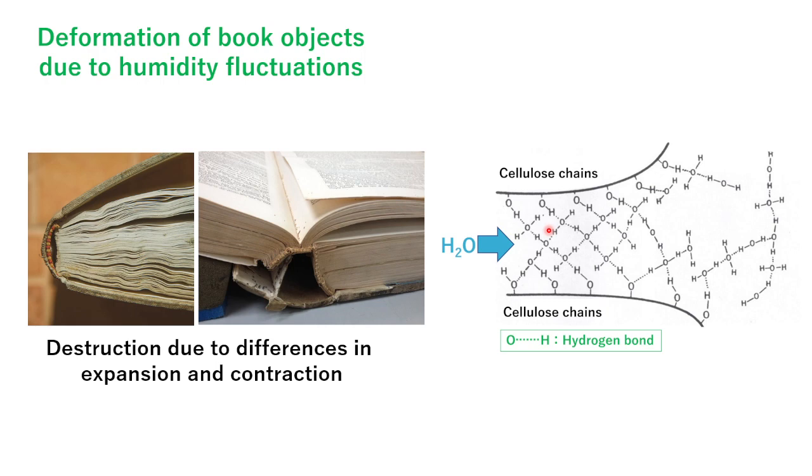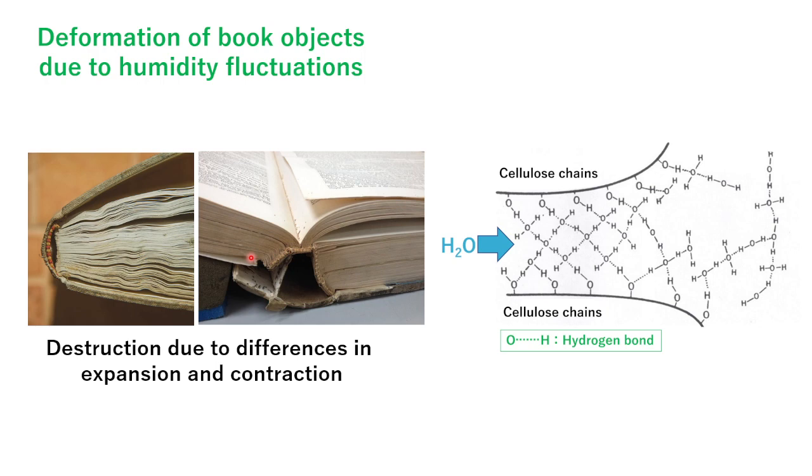Conversely, when paper is placed in a dry environment with low humidity, the reverse process occurs and the paper shrinks. So we can imagine that the paper swells by moisture absorption and shrinks by dehumidification. Because paper changes sensitively to changes in humidity, especially when the fluctuation of humidity increases, the paper makes a difference in contraction and expansion. As a result, paper warps and curls like this. Wrinkles are formed and destroyed in time.